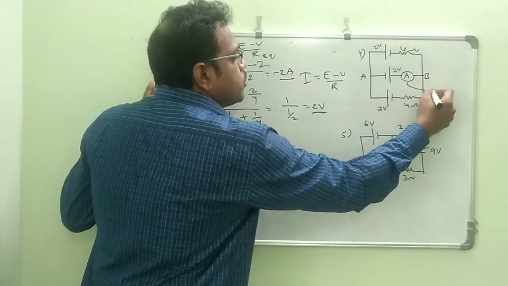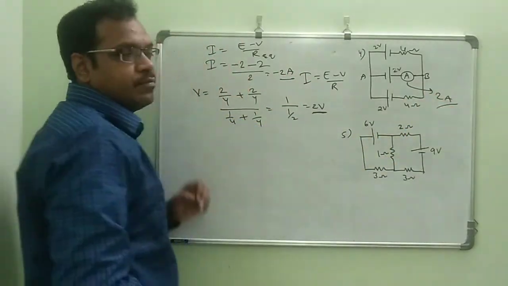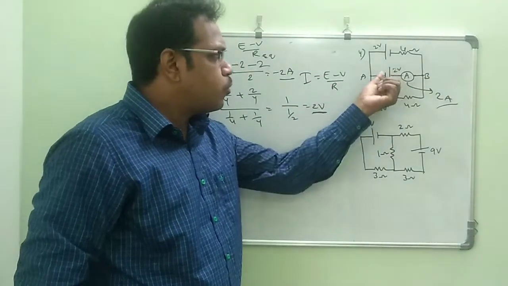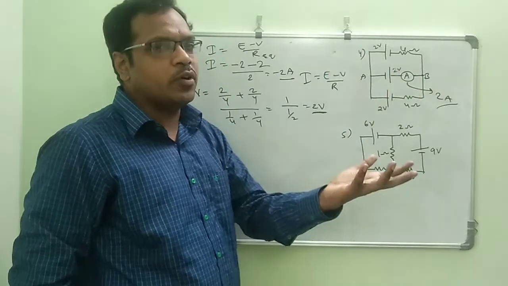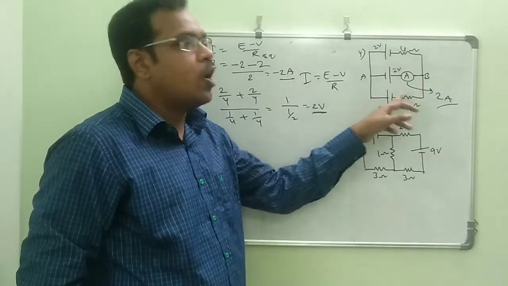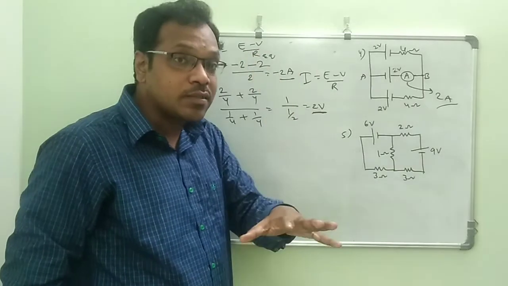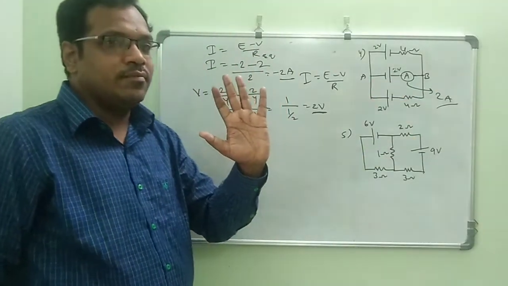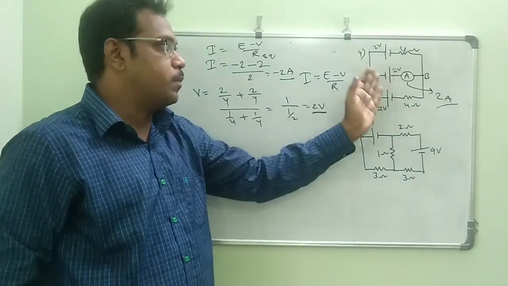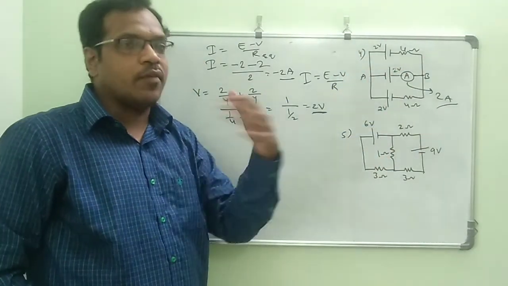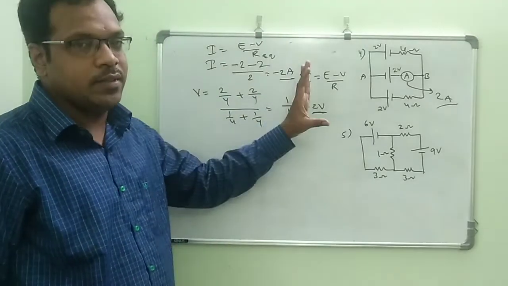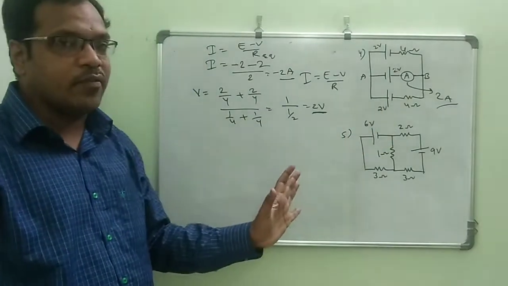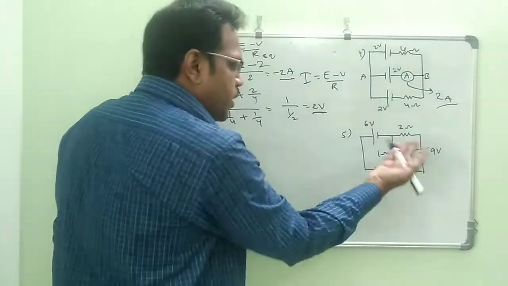So this shows 2 ampere current. Very easily we can also find this out: there is no change in potential drop, no resistor, no internal resistance, no external resistance. So the 2 volts is there, and 2 ampere will come. Straight away we can complete it, but I am using this formula. It is the same model only; no need to rearrange.